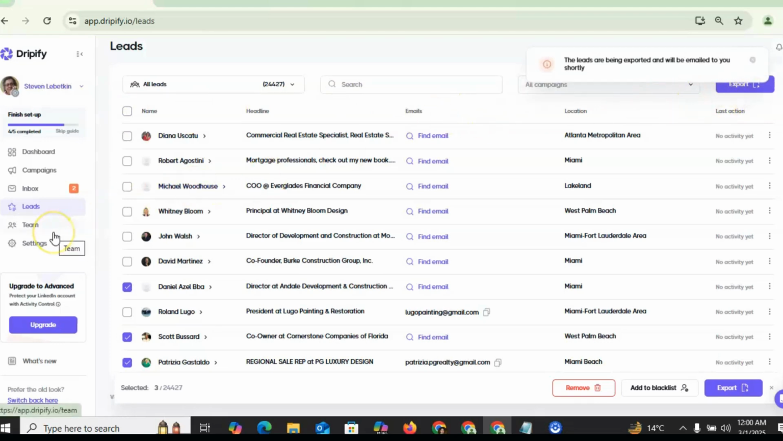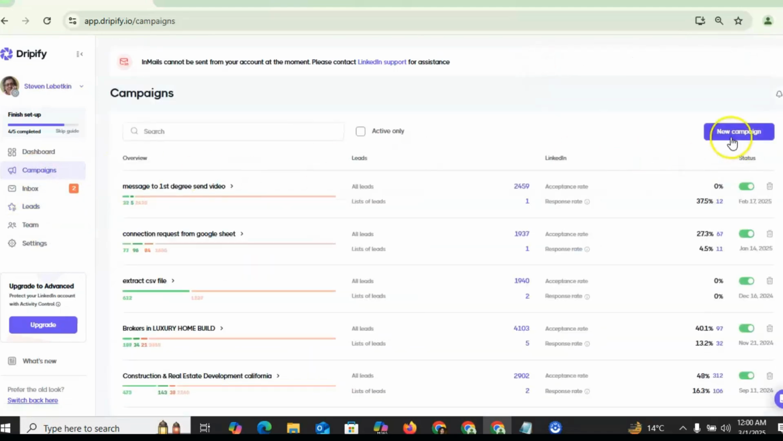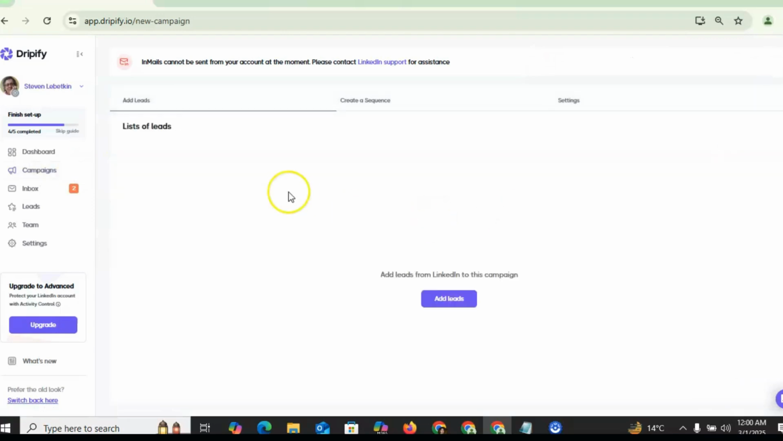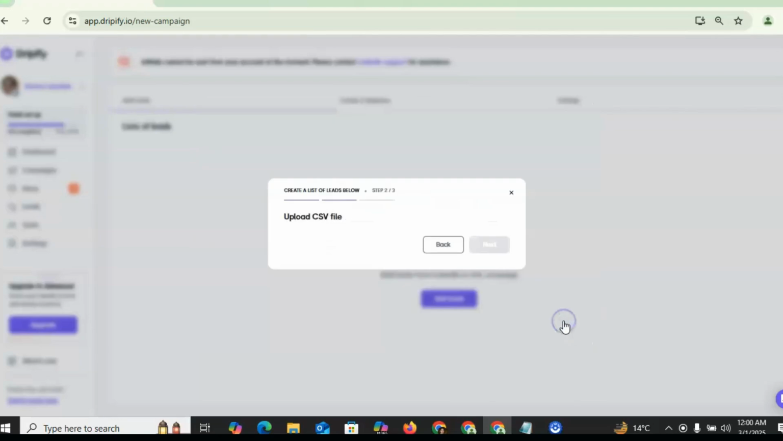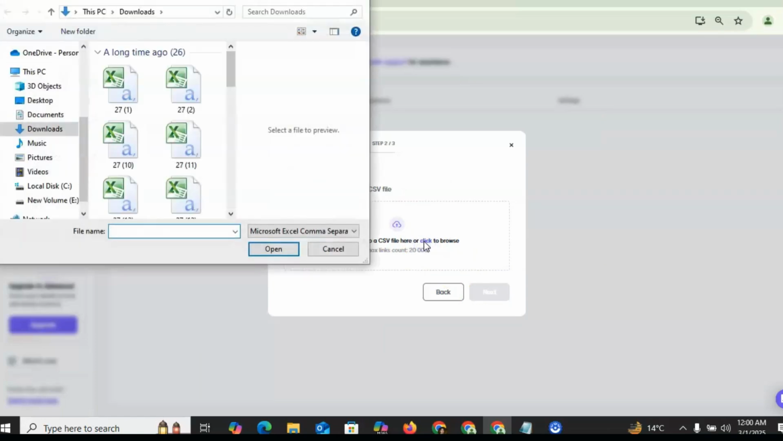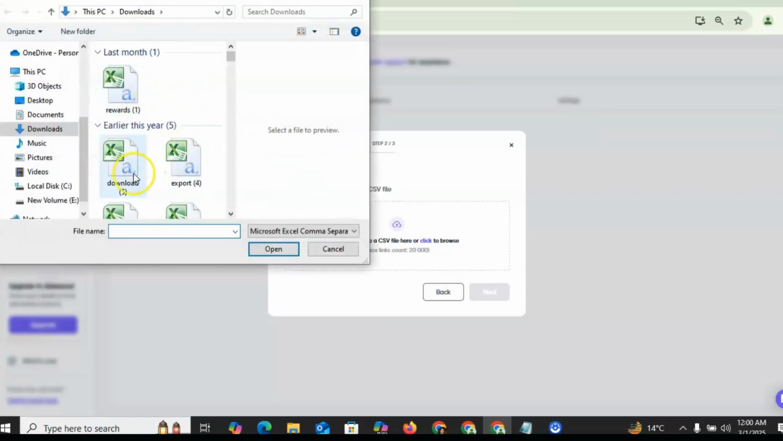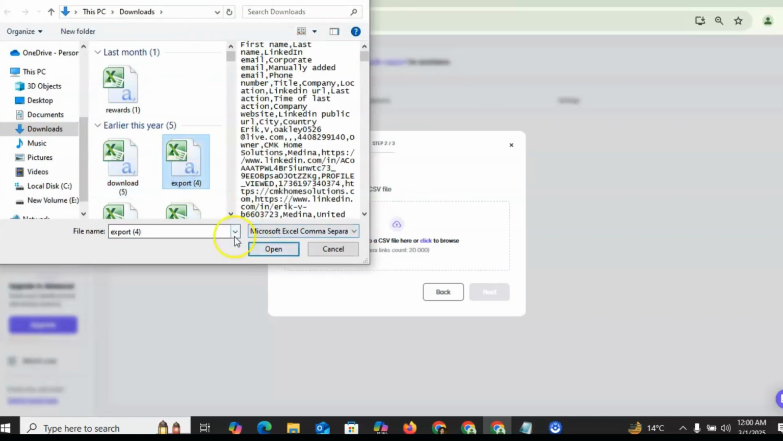And then if you want to run a campaign, simply click on Campaign, then click on New Campaign, and after this click on Add Leads. If you want to run a campaign with the help of a CSV file, simply click on CSV file, and from here you can pick the CSV file. For example, I'm just picking this one,